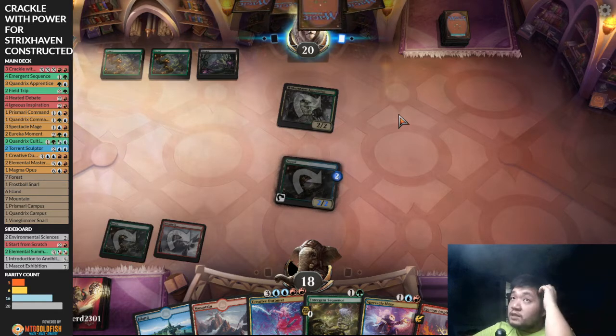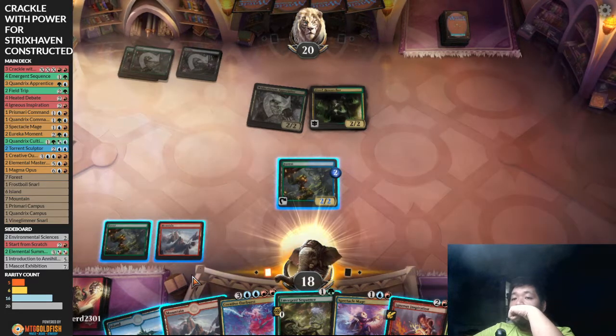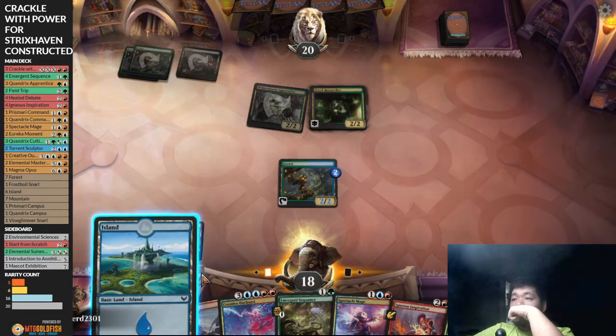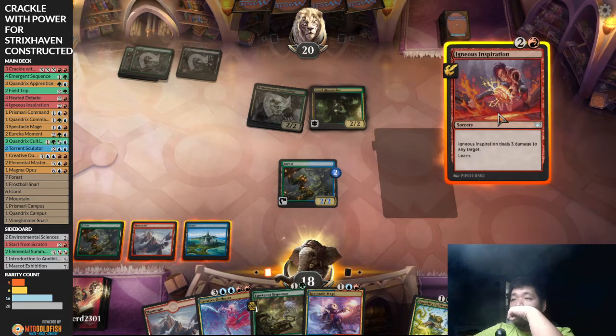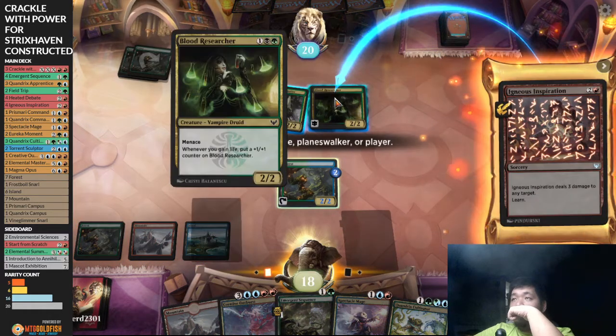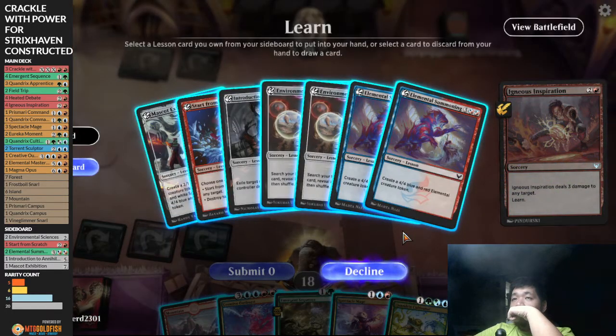Let's see if our opponent plays something else. Blood Researcher. Okay, there's an argument for burning this one instead. So, I think I actually want to take element...